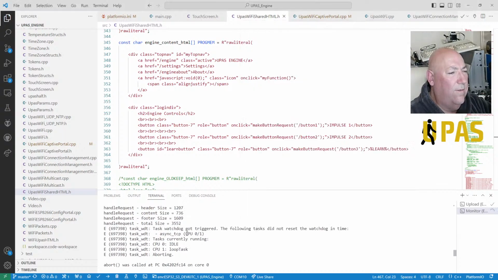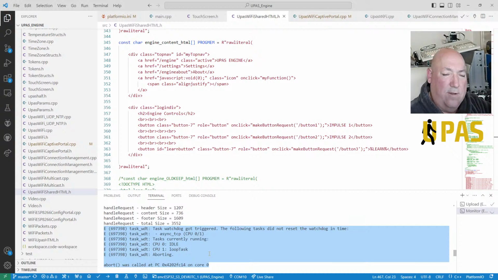Handle, right, so watchdog. Task watchdog got triggered. The following task did not reset the watchdog in time. Async TCP. Did not reset the watchdog, right, so it was sort of stuck there. Abort was called. The following task, async TCP. Right, let's copy that, put that into